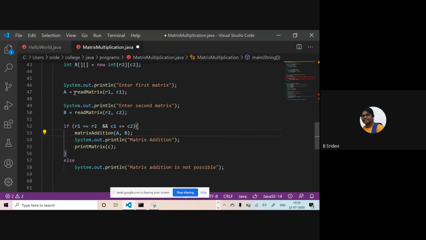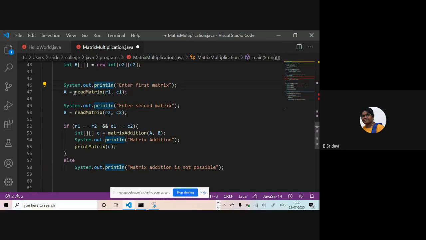I am checking whether my 2 matrices are compatible for addition or not, and I am calling matrix addition. After matrix addition, it sends my answer that I have to collect in a variable. This variable is a 2-dimensional integer array. So I have collected it into C and I printed that C. If these 2 are not equal, I am printing the error message anyway.